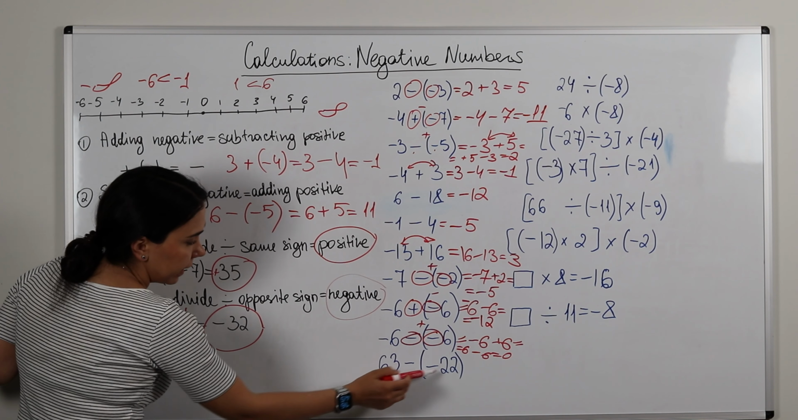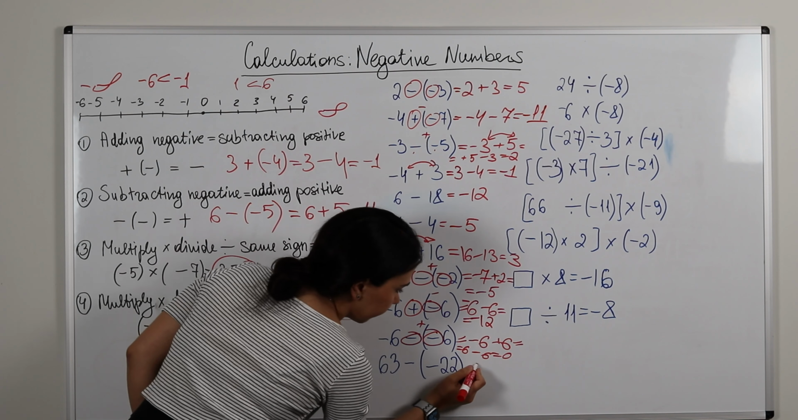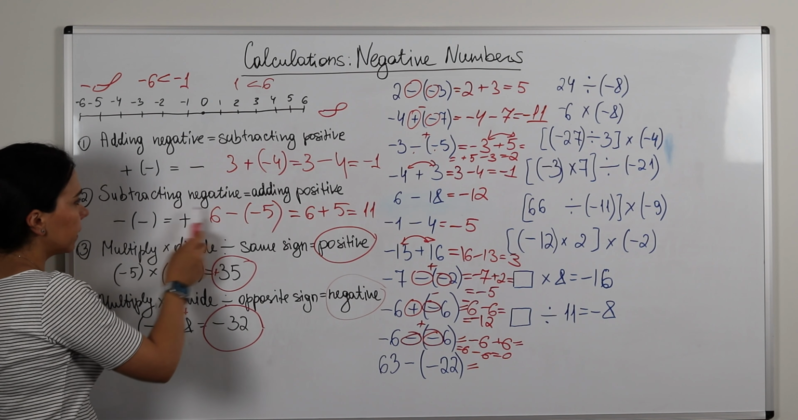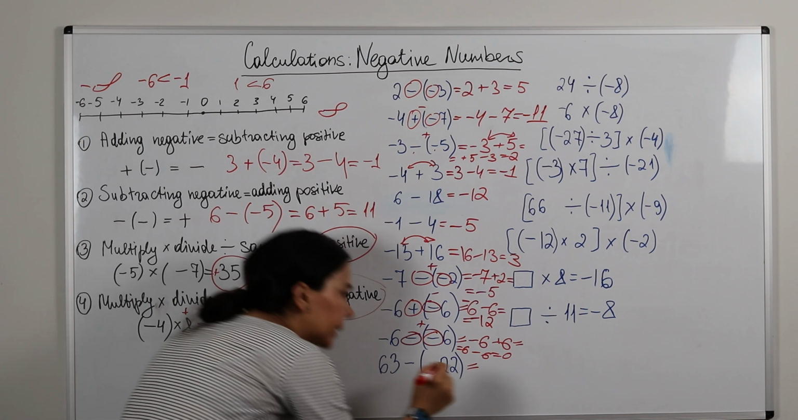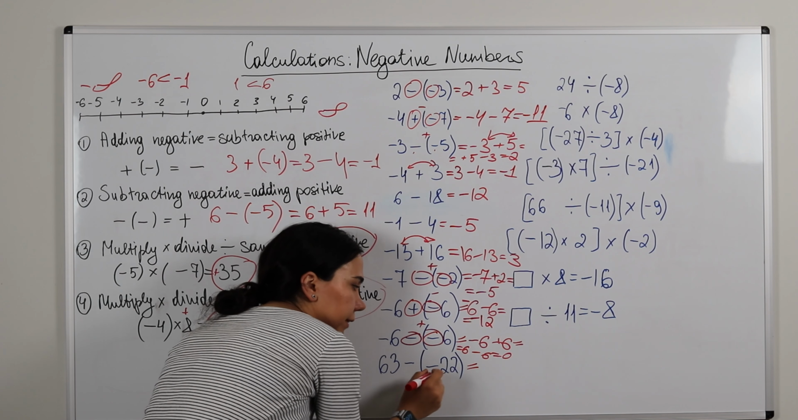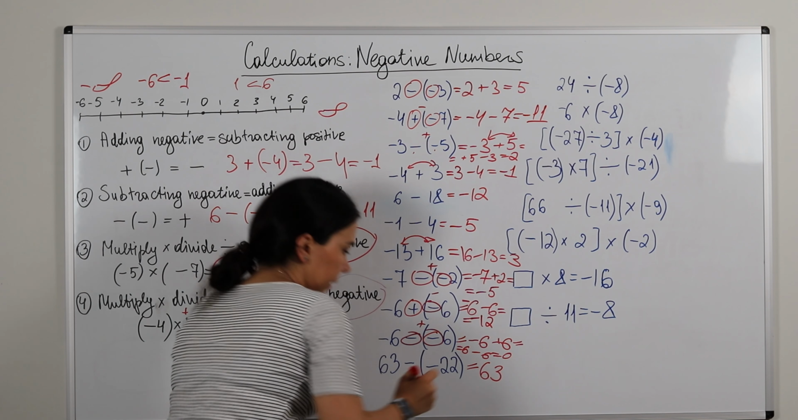63 minus minus 22. Here we are subtracting a negative. Minus minus gives us plus, okay? 63 minus minus 22 gives us 63